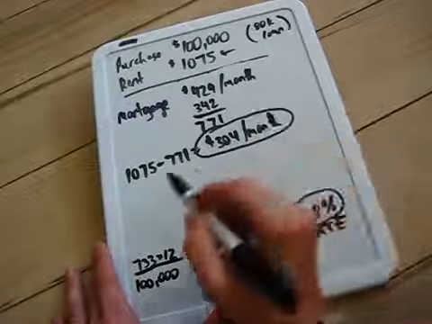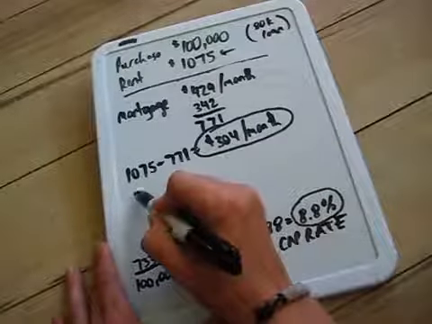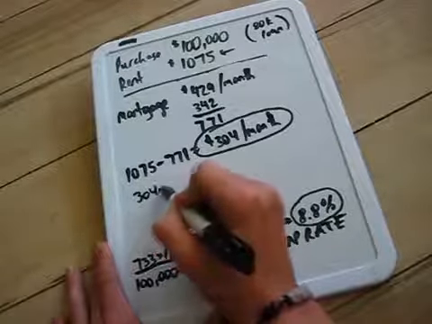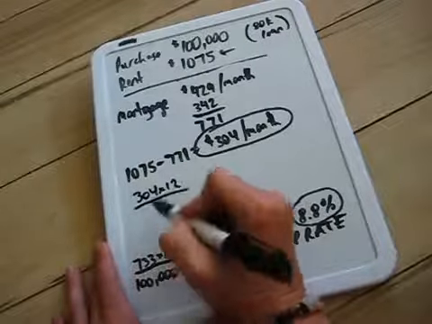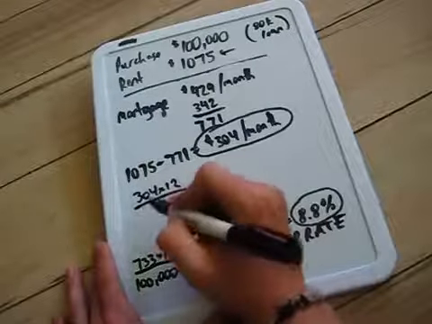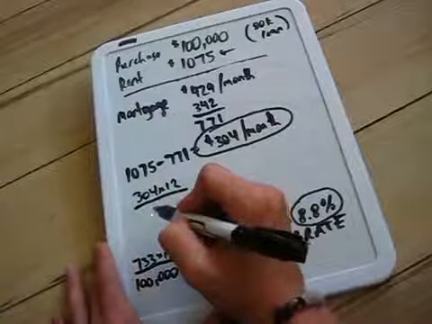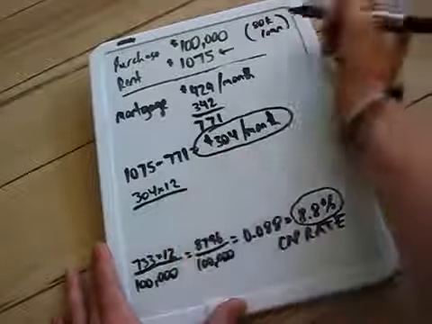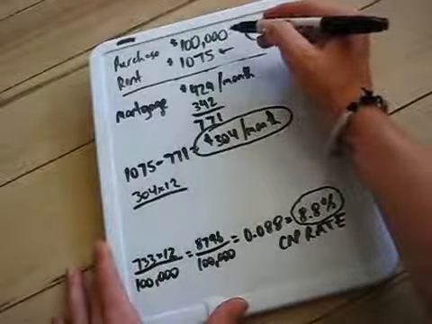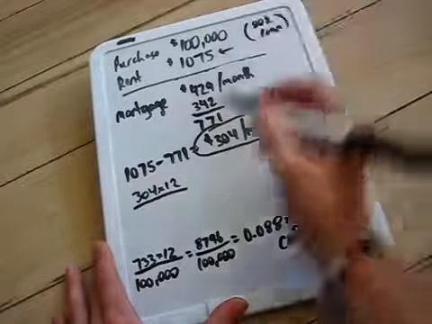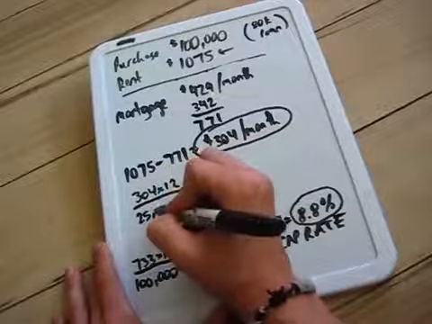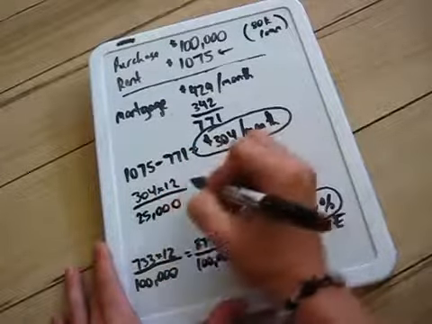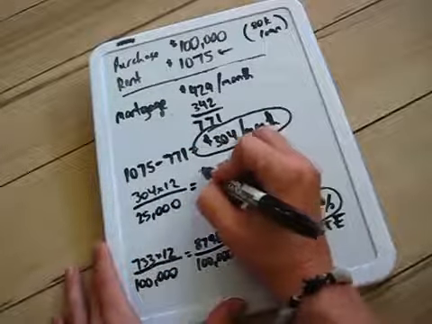So 304, we're going to make it annual, so times 12. And then instead of using your total purchase price, you want to put how much money you actually put into the deal. So your down payment on the $100,000 house was probably $20,000, and I went ahead and rounded that up to $25,000 because you're probably going to have about $5,000 in closing costs. So that's going to give you, let's see,